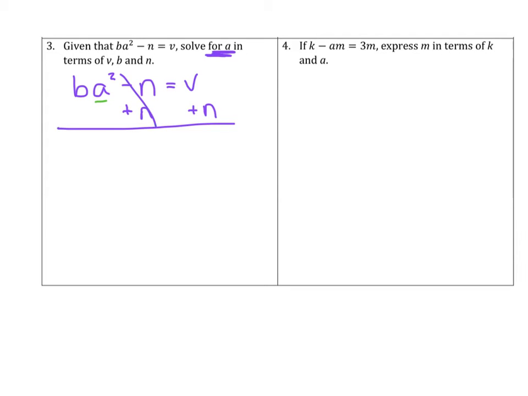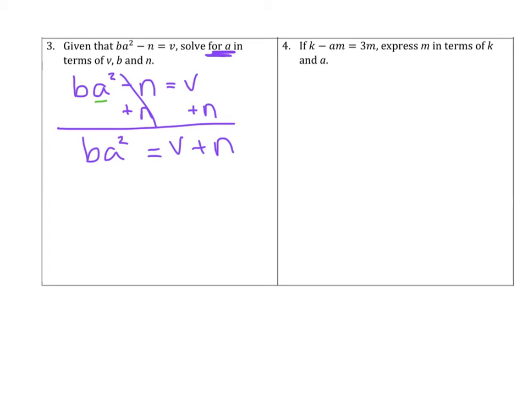That's going to eliminate the N on the left-hand side, leaving just the BA squared. And on the right-hand side, I'm going to go ahead and add those. Again, they are letters, so when I add them, I cannot get a single answer. I have just the binomial V plus N. Okay, now